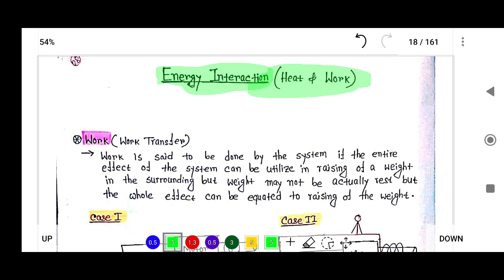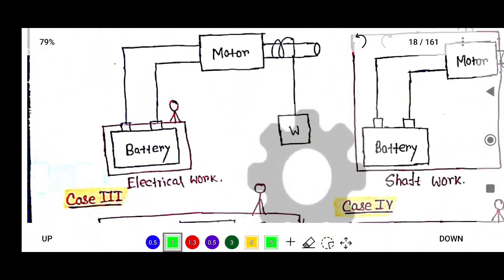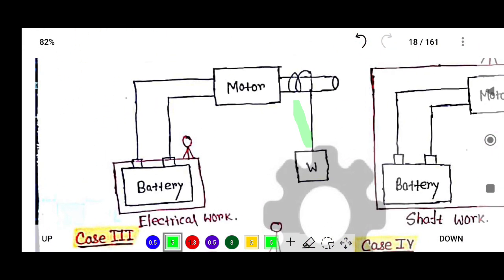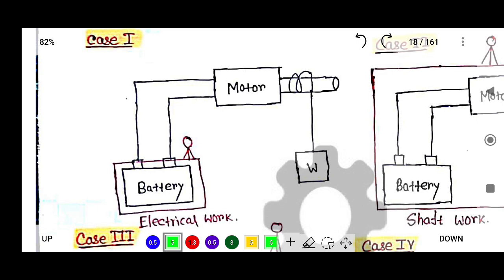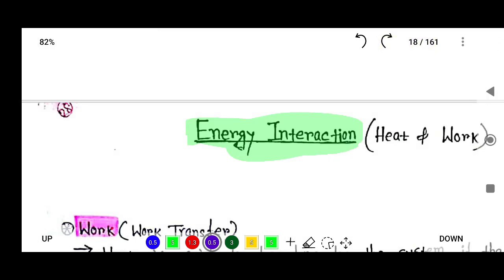So let's try to understand what is work. Focus on this diagram. Here there is a battery, and the battery is connected via a wire to a motor. In the motor there is a motor shaft, and on the motor shaft there is a rope, and from this rope a weight is lifting. Now,